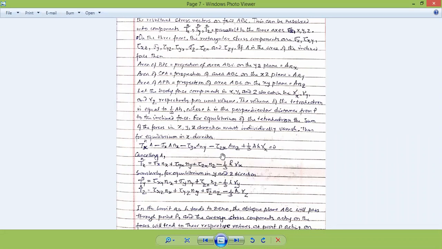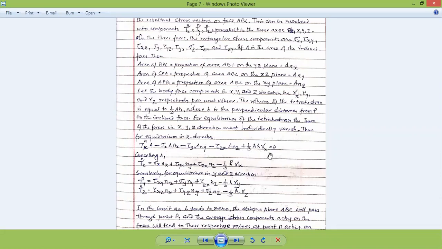It is the force acting along z axis but on x plane, acting towards the z axis but acting on x plane itself. So A nz is the area of the plane ABC multiplied by the direction cosine nz, which is the cosine of the angle the normal of ABC makes with the z-axis, plus